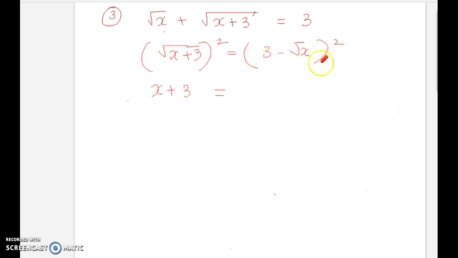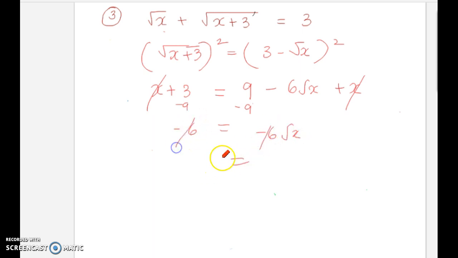So use the identity (a minus b) whole squared to solve this. You get 9 minus 6 radical x plus x. Cancel the common terms. You get 9. When you do minus 9 minus 9, you get -6, -6 square root of x. Cancel the common terms. You get 1 as square root of x. When you square on both sides, you get x equals 1, which is your solution. Then you plug